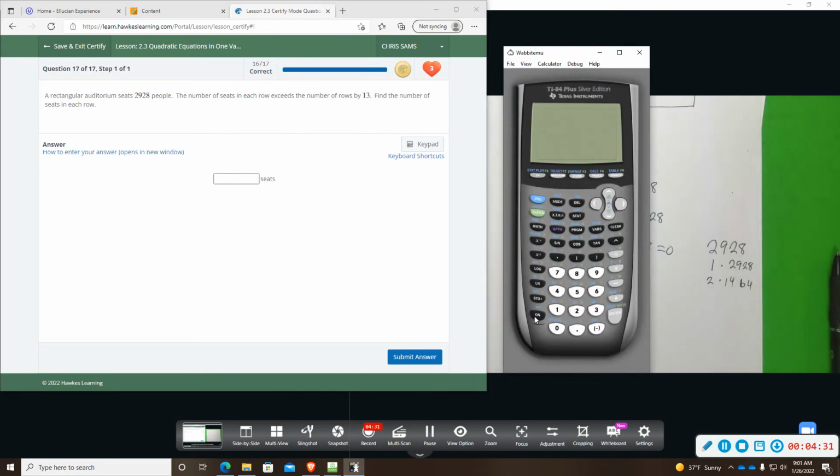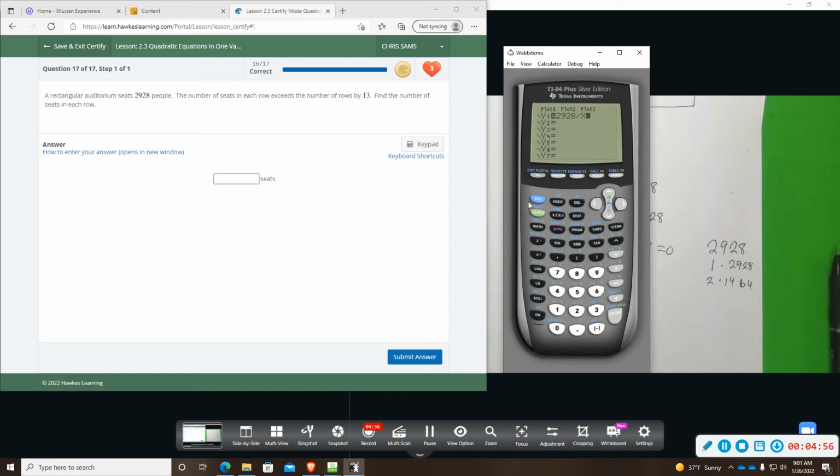I'm going to pull out my calculator and turn it on. I'm going to go to y equals, clear out what I have, and type the number that I want to divide or factor, 2,928. I'm going to tell the calculator to divide by x. So x is a variable, and basically the calculator is going to plug in different numbers for x, 1, 2, 3, 4, and so on, and it will give me all the numbers or all the